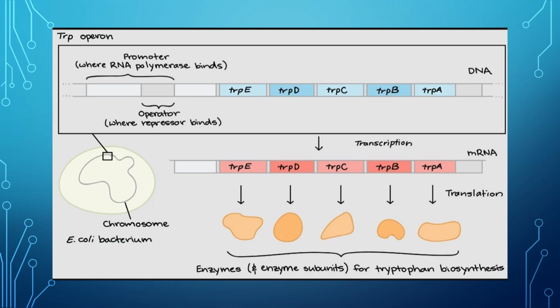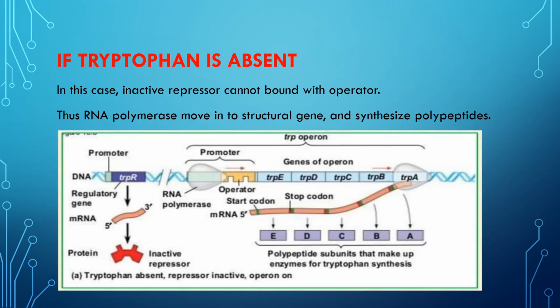Now you can see in this picture, the genes are controlled by a repressor, just as the lac genes are. But in this case, the ligand that controls the activity of that repressor, tryptophan, acts not as an inducer but as a co-repressor. That is, when tryptophan is present, it binds the trp repressor and induces a conformational change in that protein, enabling it to bind the trp operator and prevent